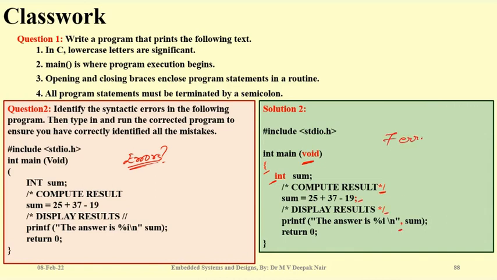Okay. You got the answer? Yes, sir. Capital V is not allowed. Capital int is not allowed. Initialization is not allowed. Curly braces. Some of you might have missed one or two, but keep an eye. These are the things we have to practice. So make your own small C programs and go through them.